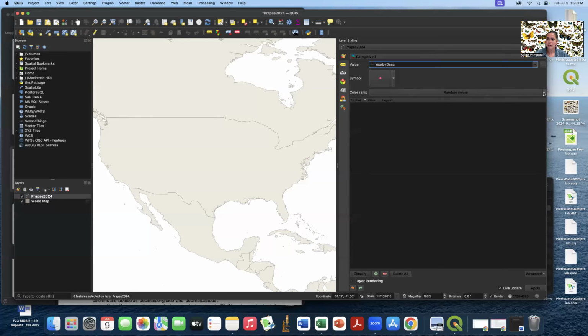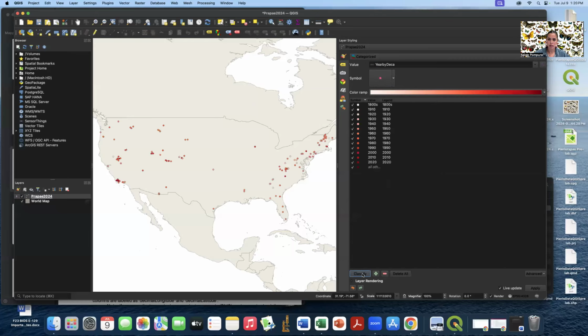You can do random colors. So I'm going to do red scale for this. And you hit classify. So now all the dots should appear, and they're going to be colored by decade,